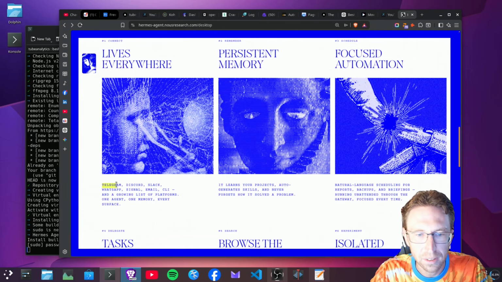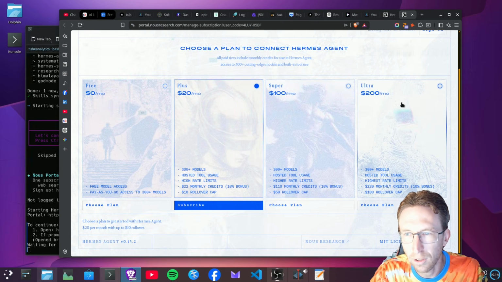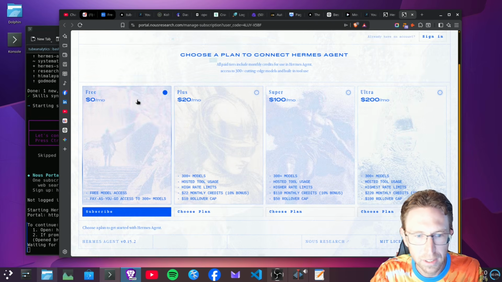So you can connect it to Telegram, Discord, Slack, WhatsApp, Signal, email. It also learns the more that you use it. It has a persistent memory, so it learns your projects, auto-generates skills, and never forgets how it should solve a problem. They offer the free plan, the Plus plan for $20 a month, Super for $100 a month, and Ultra for $200 a month. In this case, of course, I'm just going to use the free plan, which I should already